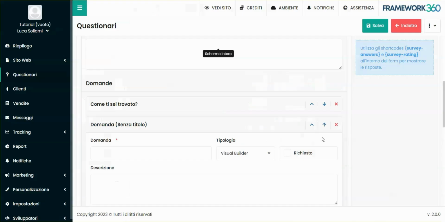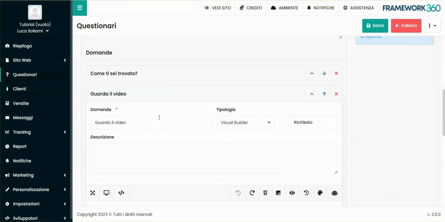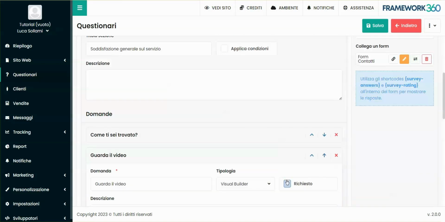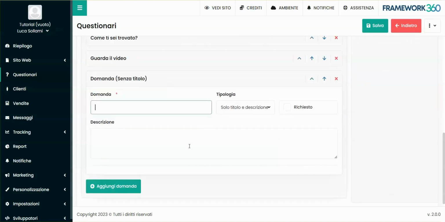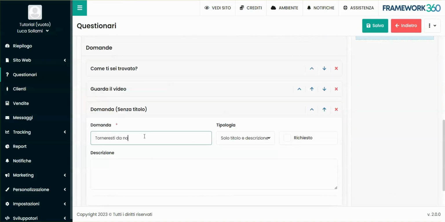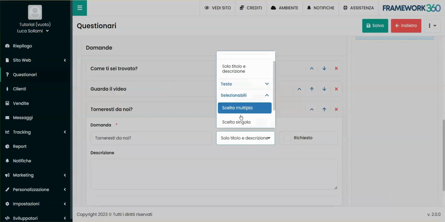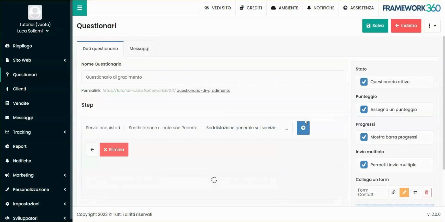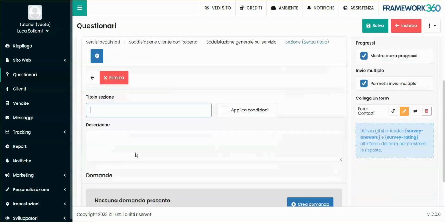Here we can write watch the video as a question. Let's say, then this section would appear. Let's make it required, and then we add one last thing. Question: would you come back to us, for example, and then we make it selectable. Single choice, yes, no. In the last step, maybe we can create another one where, again, using conditions, we call